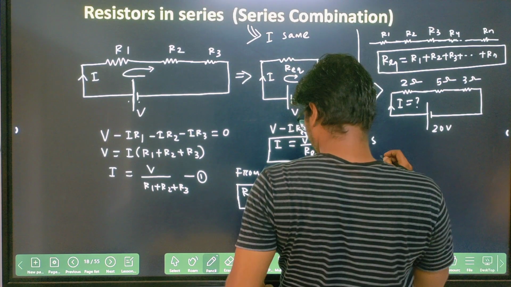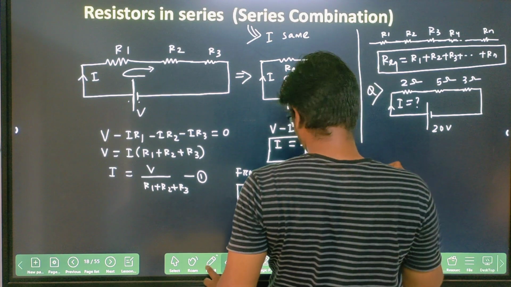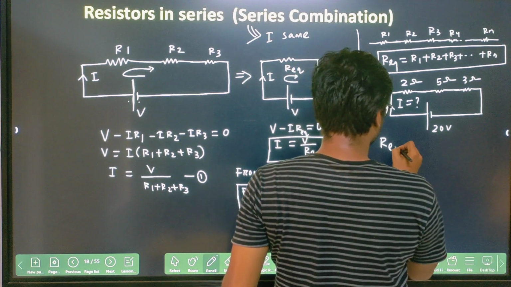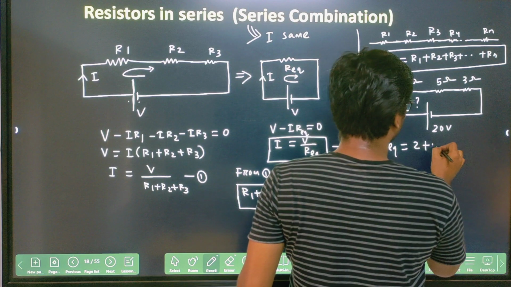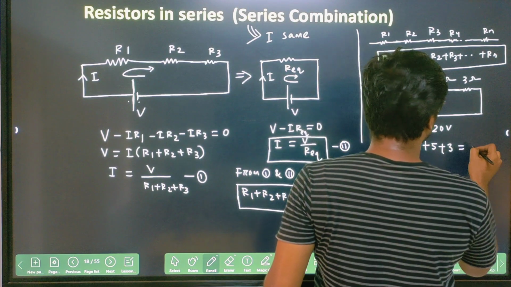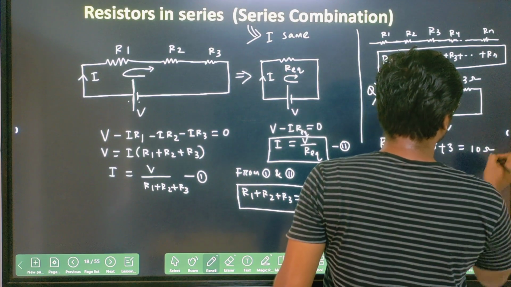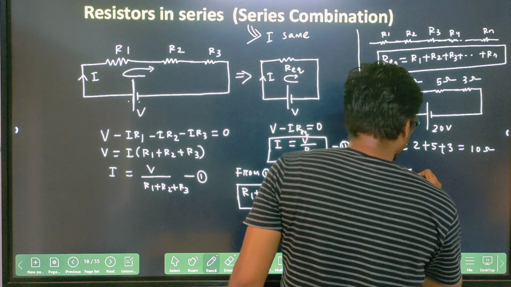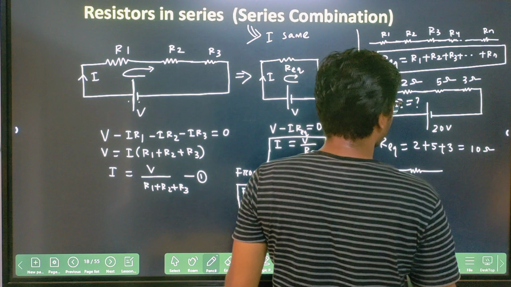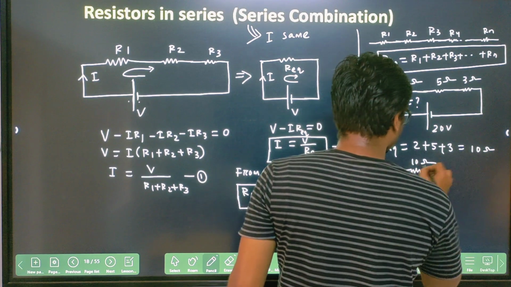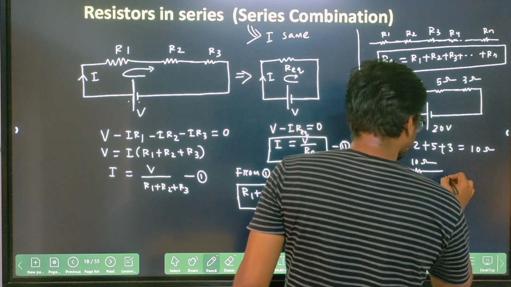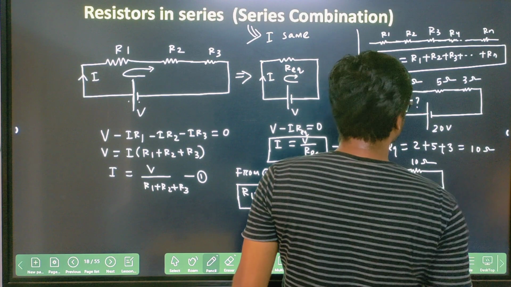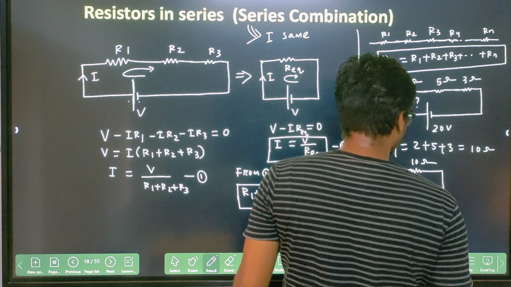So you will find out the equivalent resistance. R equivalent here will be 2 plus 5 plus 3, which is 10 ohm. So instead of doing this, I can put here only one resistor, R equivalent, that is your 10 ohm, and it is connected like this,